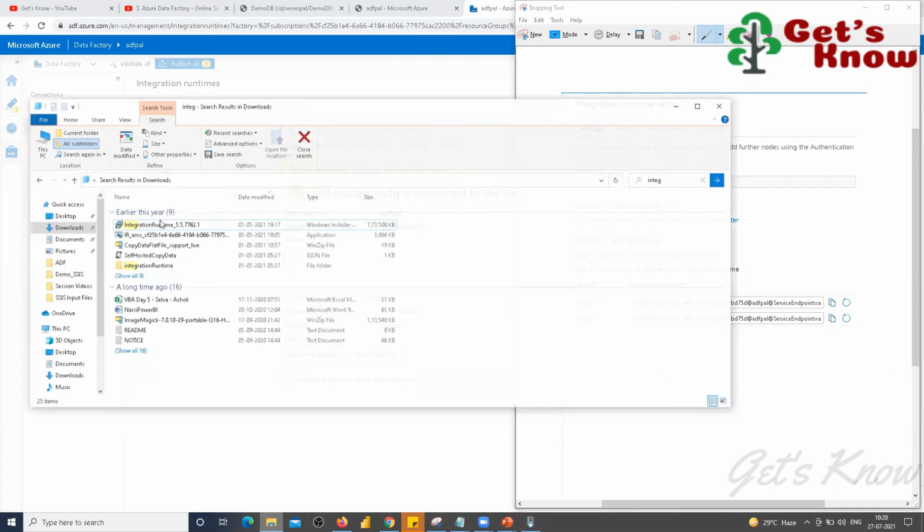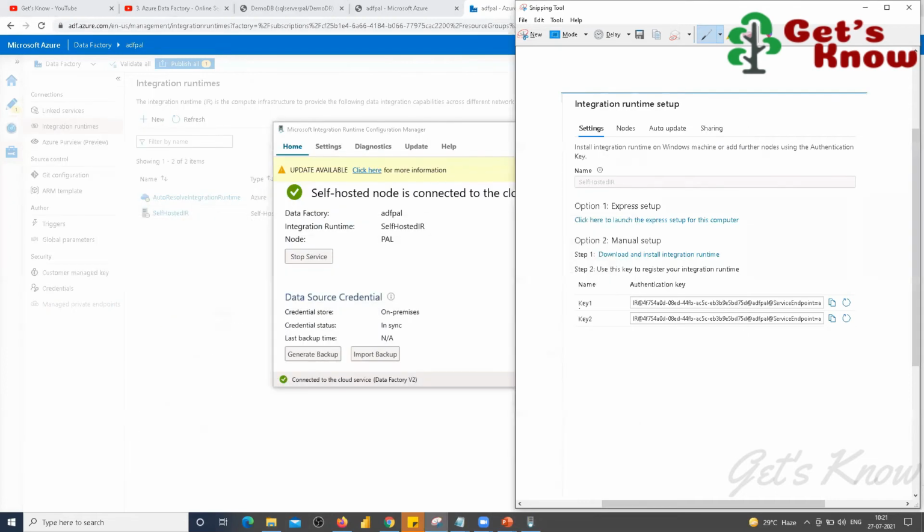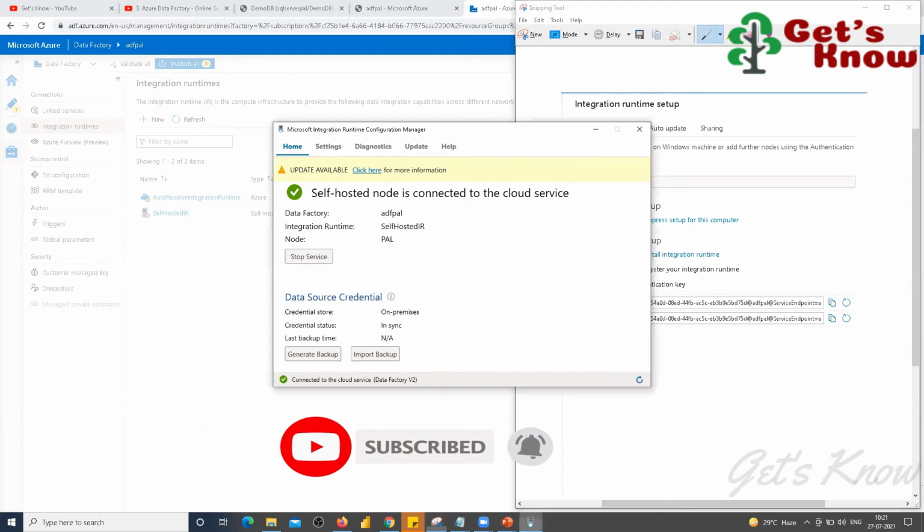Once the installation is completed, it will ask for configuration authentication. For the authentication, you can use either this key or this key. Once you have configured it, the configuration manager will be enabled in the local system, so this system now has the ability to connect from Azure.